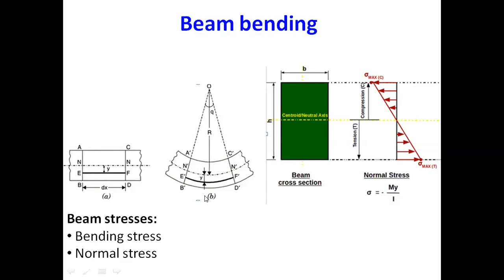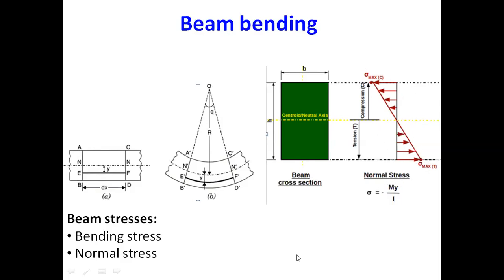about this cross section of the beam, and I would mark these lines which would show me the distribution of stress below the neutral axis. So this is the tensile stress distribution. This is the compressive stress distribution. At the neutral axis, you could see that the stress is 0, and at the top surface, because the bending is such that the compressive stress is maximum, whereas at the bottom surface the tensile stress is maximum. So this is the stress distribution.